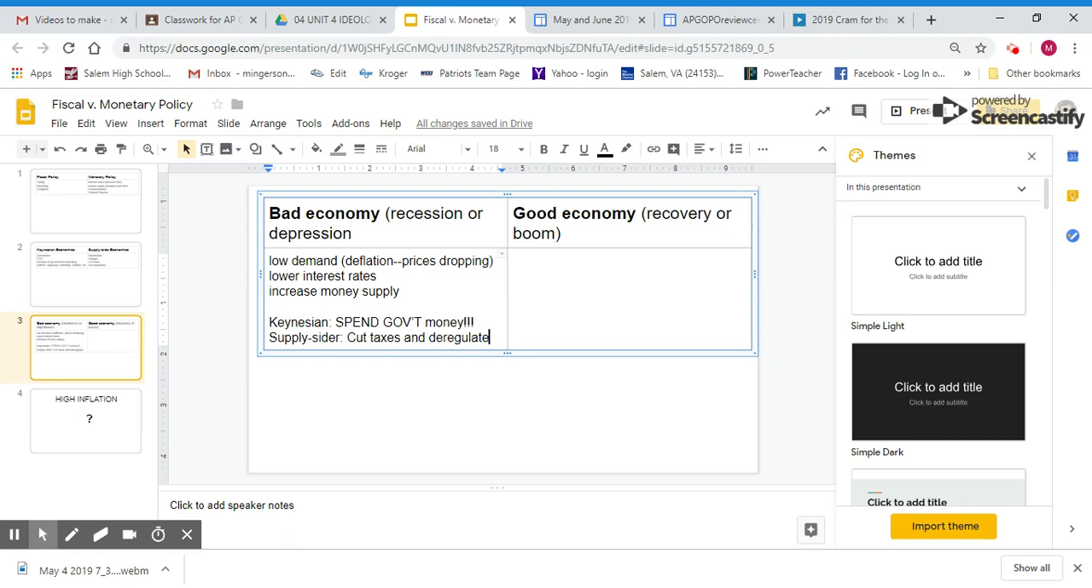All right, so that's a bad economy. Now, in a good economy, what's happening is there's high demand. High demand means that there is probably inflation. High demand equals inflation, which by the way is okay. Inflation is okay as long as it's not really fast. A slow rise in prices is